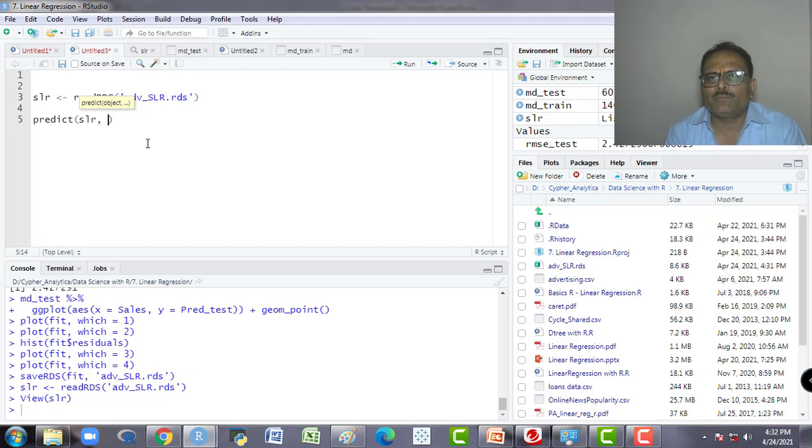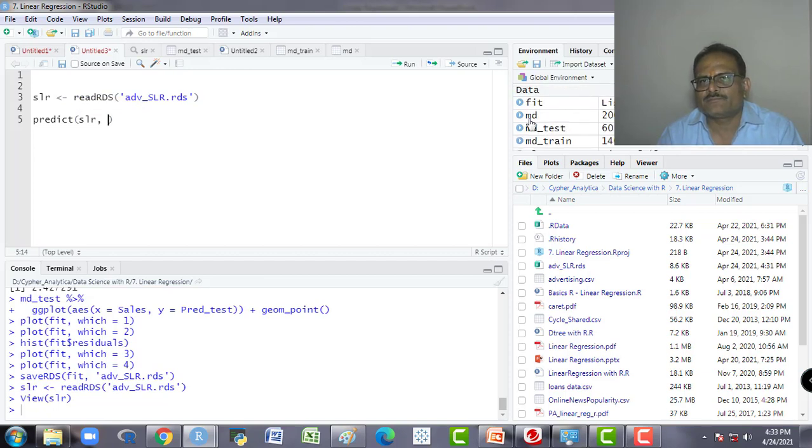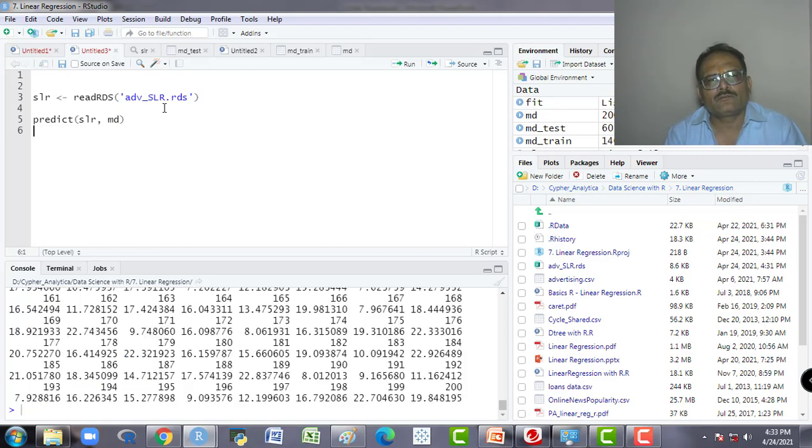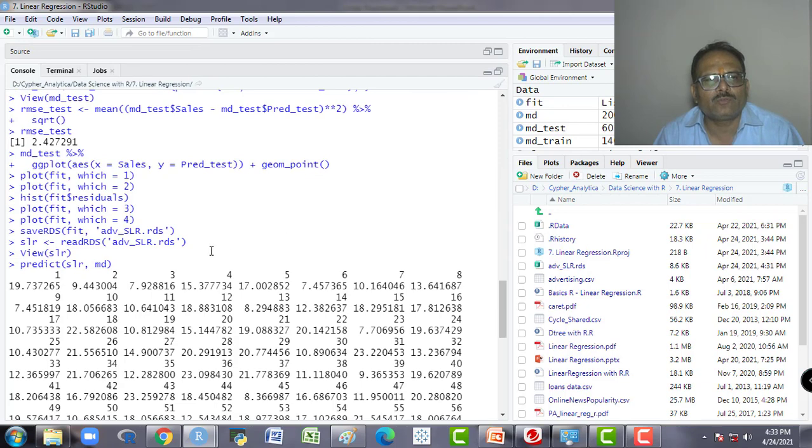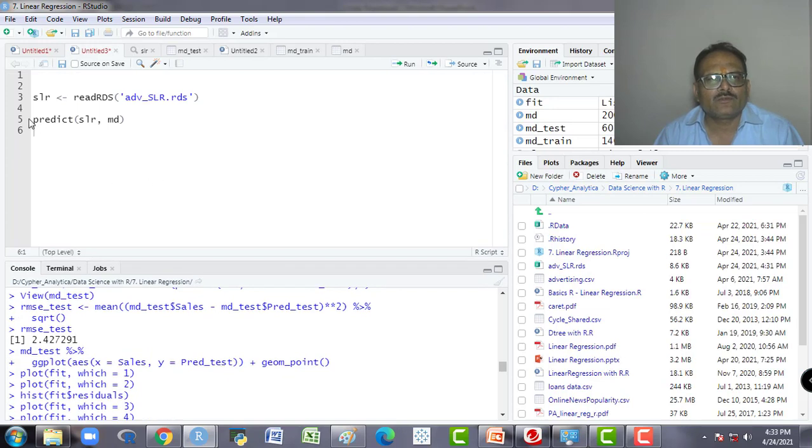So I will use the complete data set, which is the MD for the whole data set, and I will get the output of this. Because I have not given any name, it has given me the output directly. Or we can see the head of this.